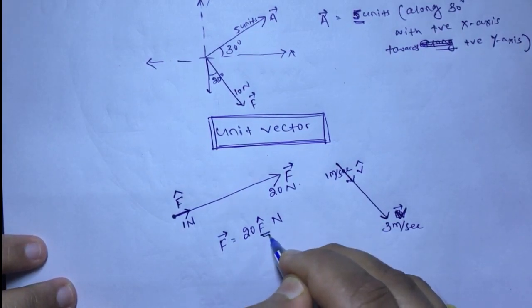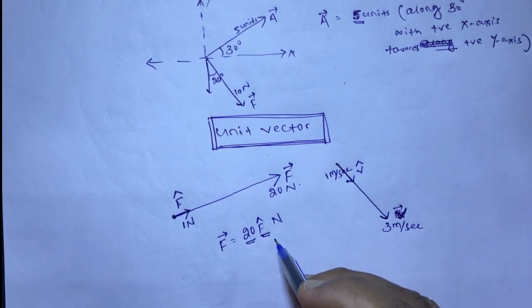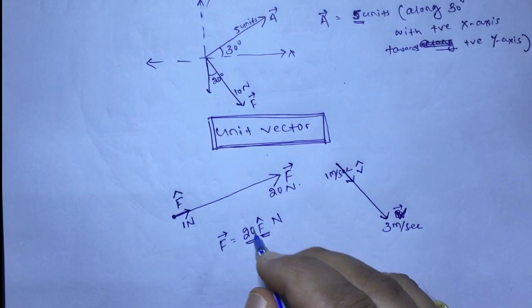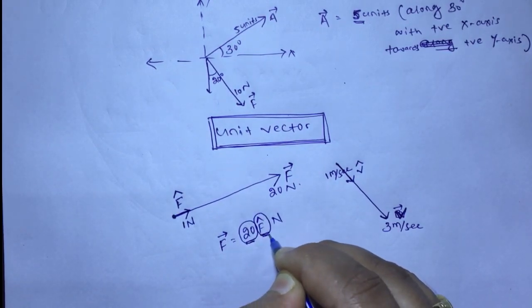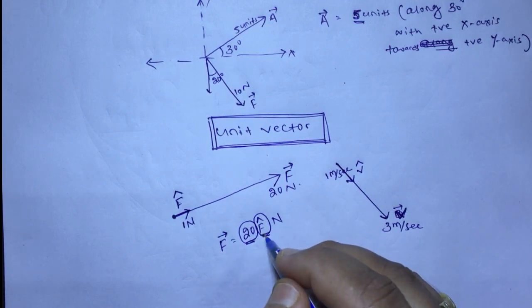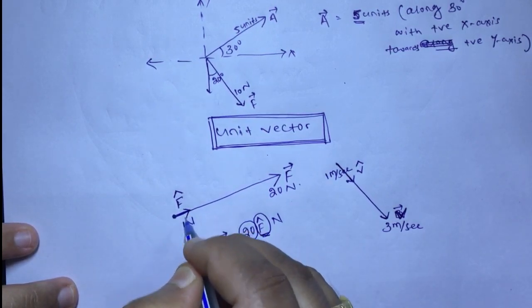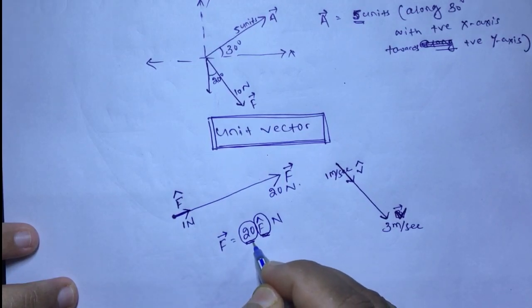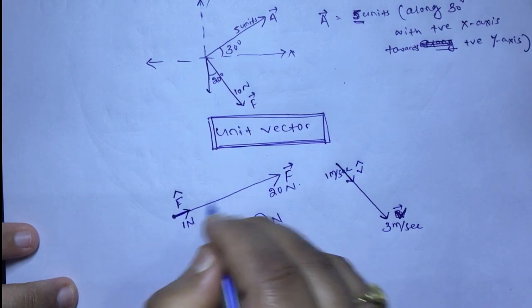See, f cap is a vector with which I have multiplied 20, and as we know in the first video of the chapter, there I have completely explained that if you multiply a scalar, or a number, with a vector, its direction is not going to change, only its magnitude will change. So now if I am multiplying 20 with f cap, the f cap was of 1 Newton, now it will become 20 Newton, and its direction will be same as f vector.